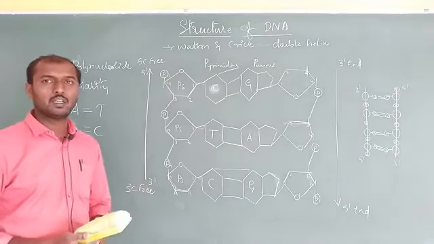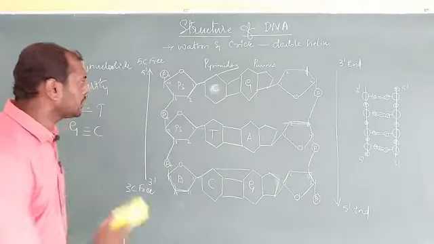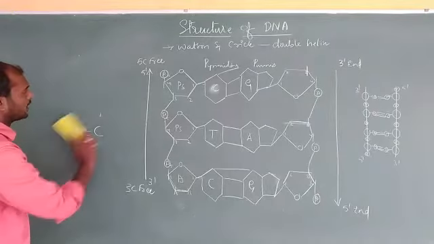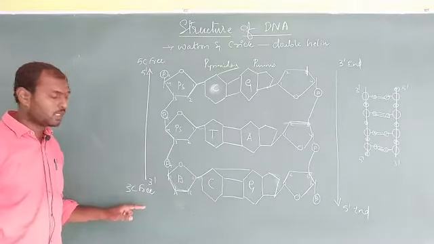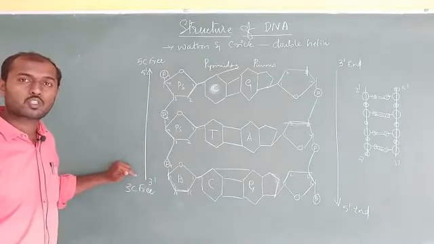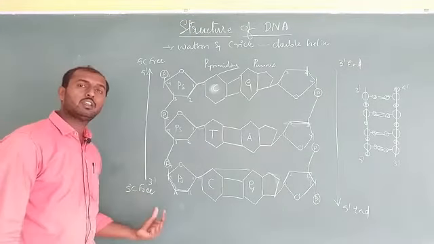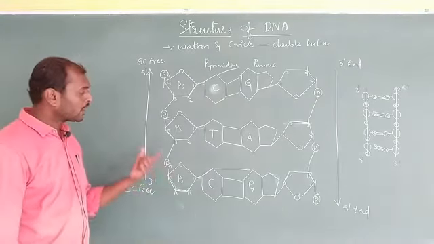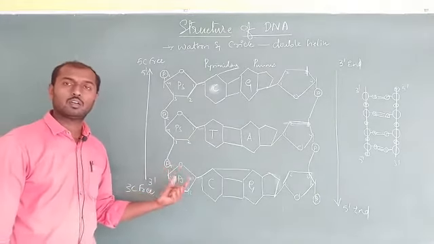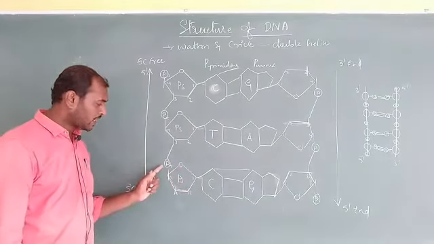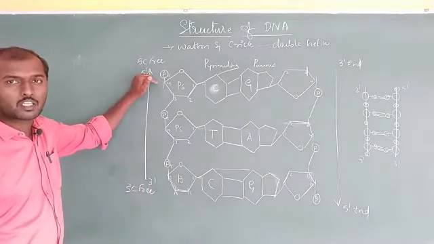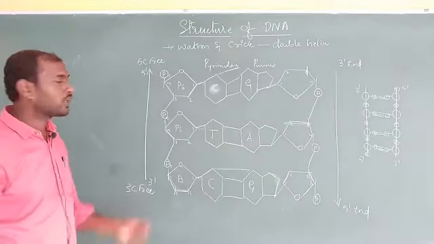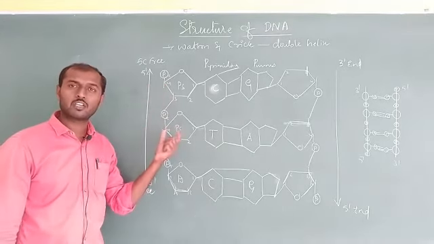Okay, let's study the complete structure of DNA. Okay, so you are now able to analyze what is polarity. Polarity is nothing but the end of the carbon, what actually is mentioned here, that is what we call the polarity. So every sugar is having a 5' end and a 3' end, which is free, that is going to be recognized by that particular carbon. Okay, so whichever is free there, if 5 is free it is 5', if 3 is free it is 3'.